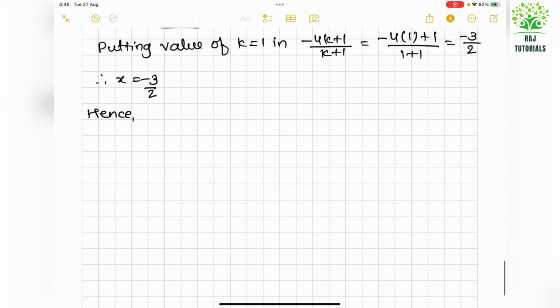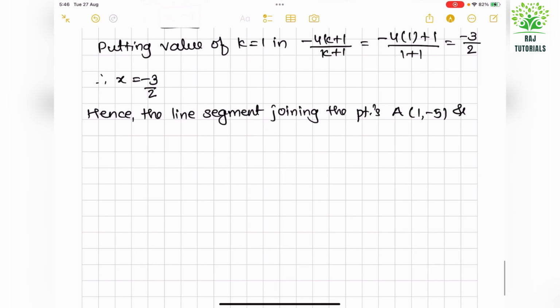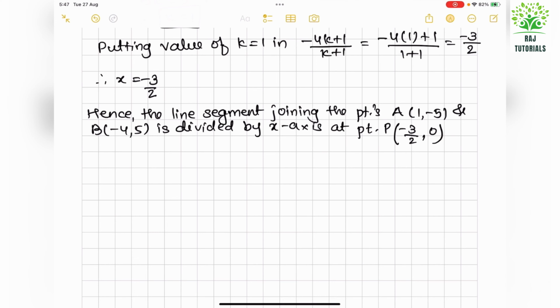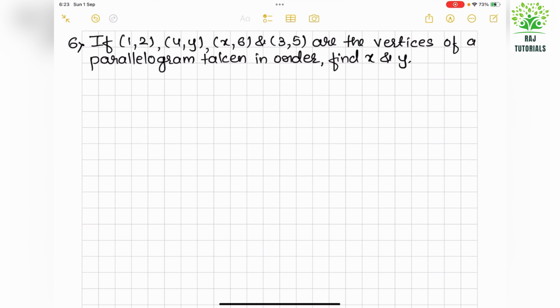Hence the line segment joining the points A 1 comma minus 5 and B minus 4 comma 5 is divided by x-axis at point P minus 3 by 2 comma 0 in 1:1 ratio. Now next question says, if 1 comma 2, 4 comma y, x comma 6 and 3 comma 5